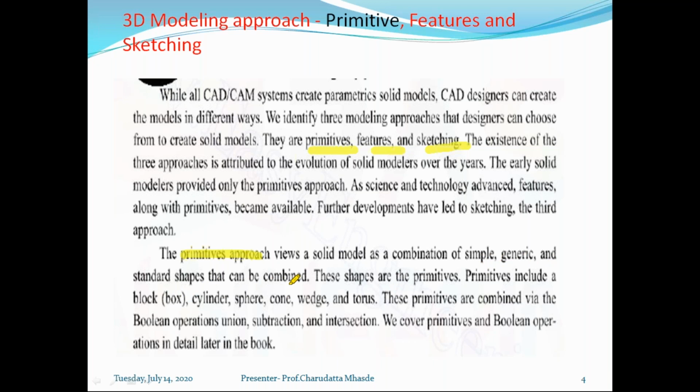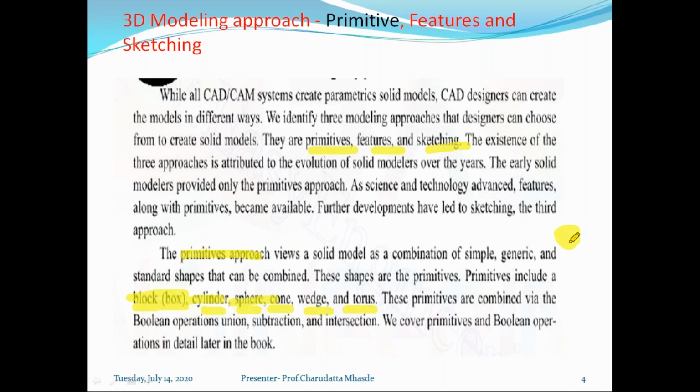So what are the direct standard shapes available in the software? It can be a block or box, a cylinder, a sphere, a cone, a wedge, or a torus. Generally these are the solid primitives available for creation of a solid model.